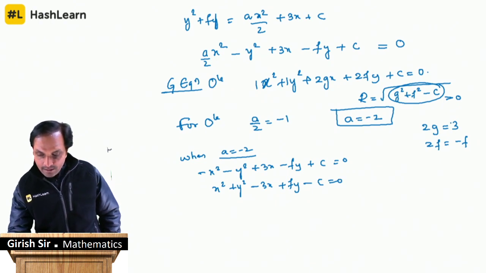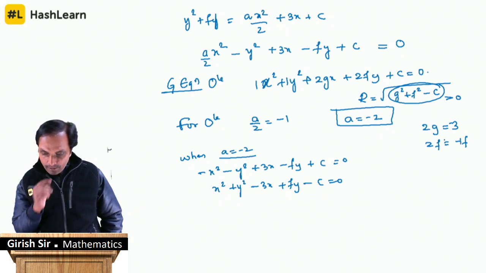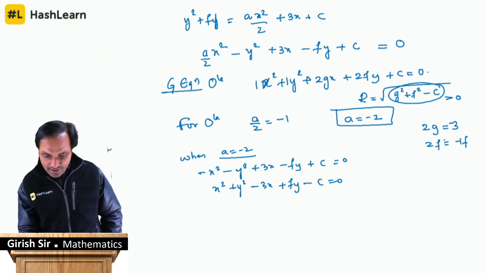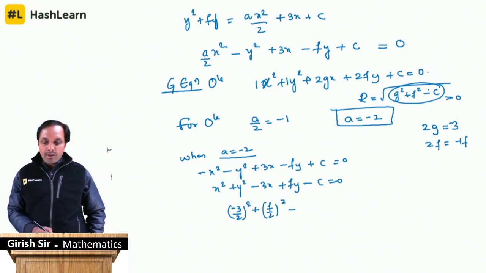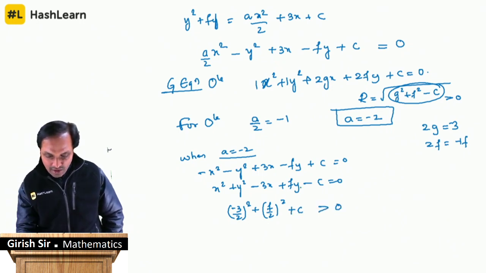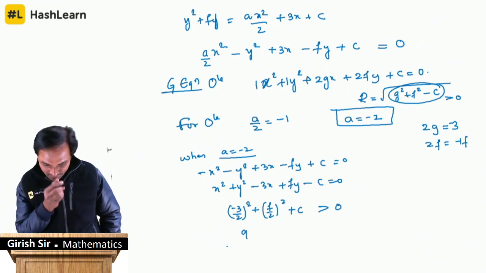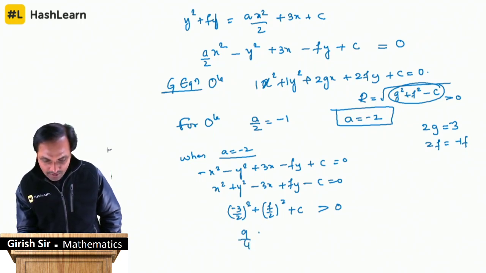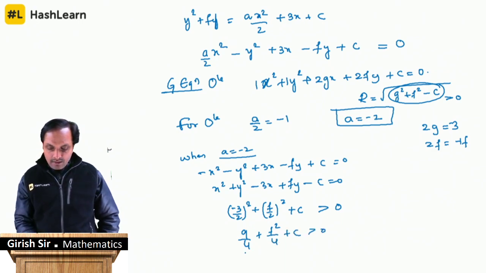Now you compare, g will be minus 3/2, and instead of 2f, if you have f here, what happens? Your f will be f/2. Actually, you know that g square is minus 3/2 whole square and f is f/2, minus your constant is minus c, that will give you plus c, that should be greater than 0. So if we cross multiply, you will have 9 by 4 plus f square by 4 plus c greater than 0. Then it should give you